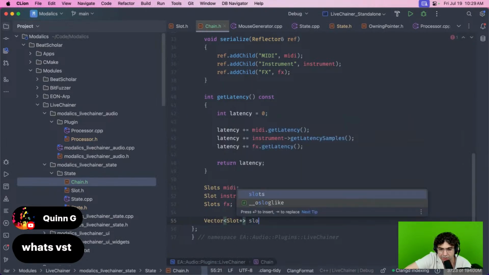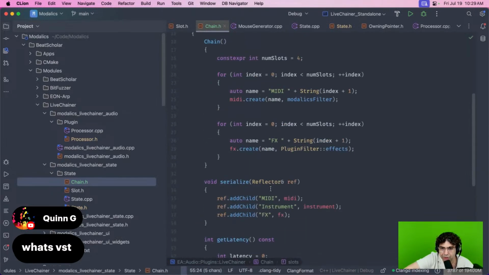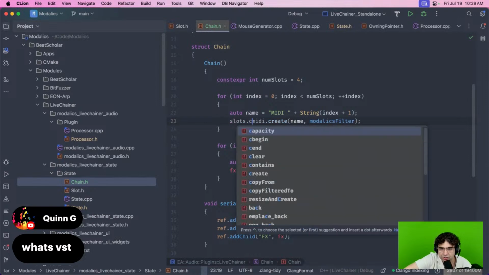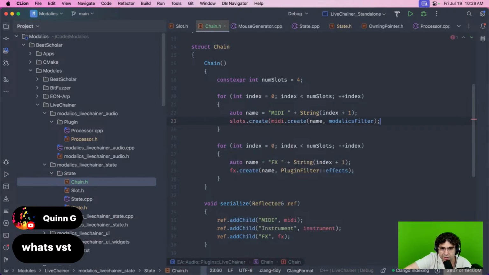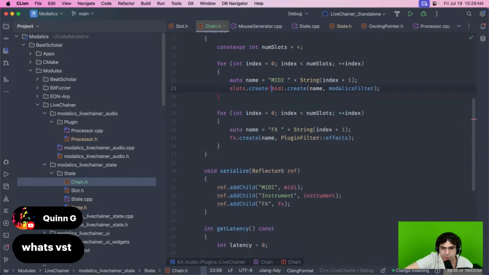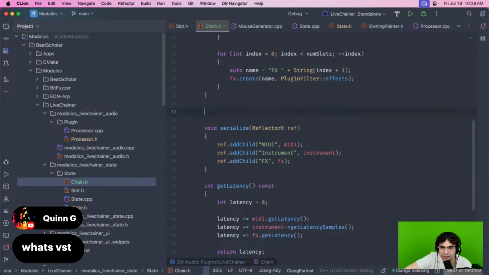So this would be something that would help me do all the processing operations. So what I would do is slots create. No, let's do this separately. Let's do something like